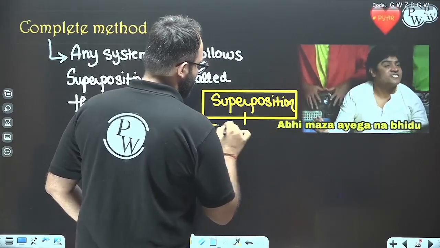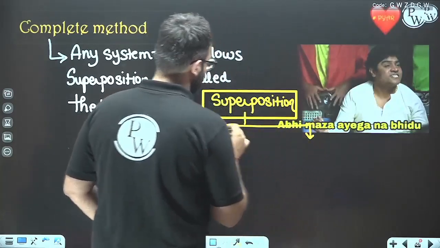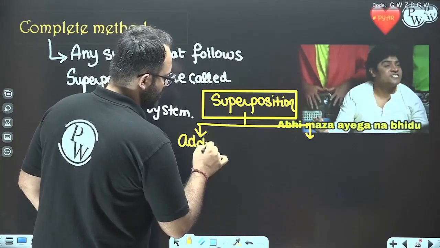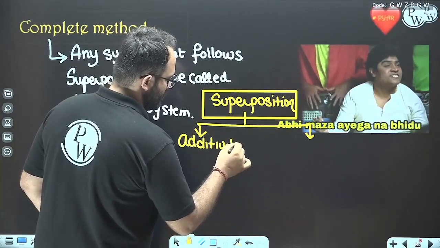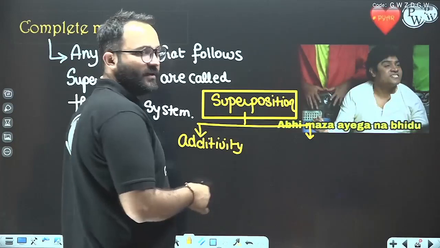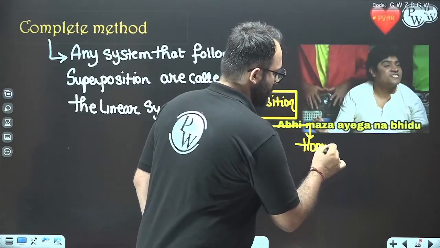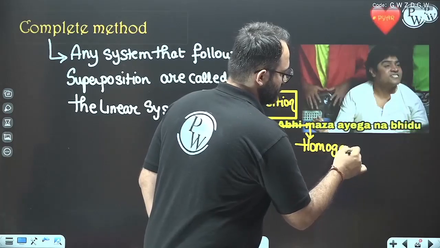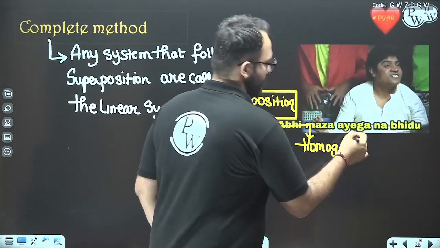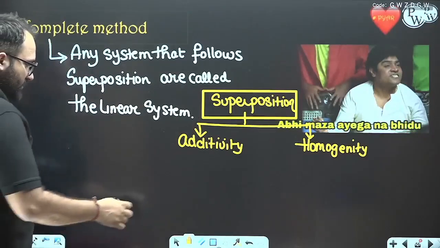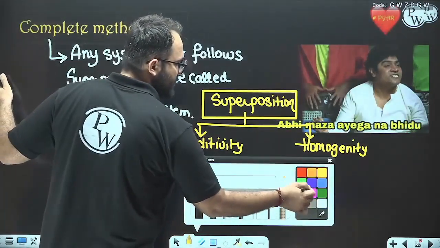Superposition has two parts: additivity and homogeneity. Okay, so let's see what is the meaning of this. So the superposition says that